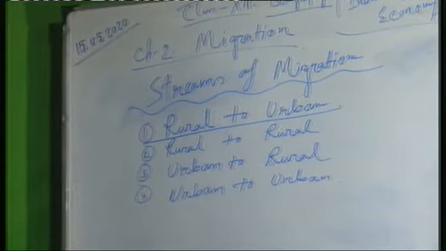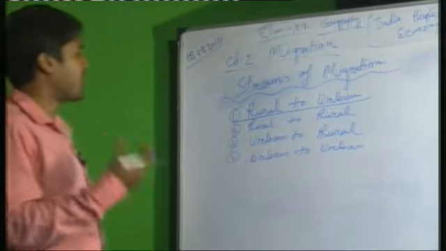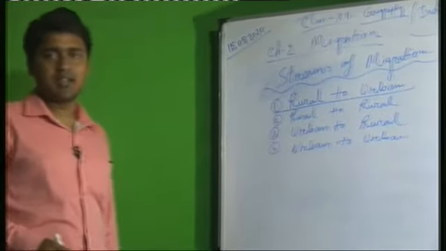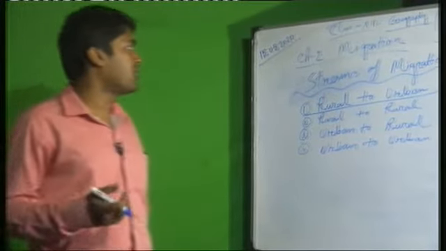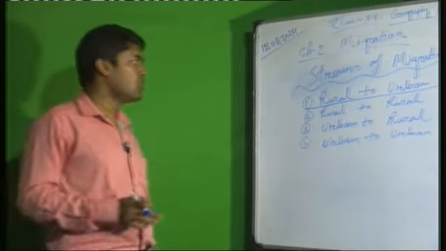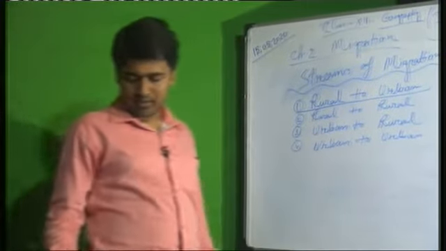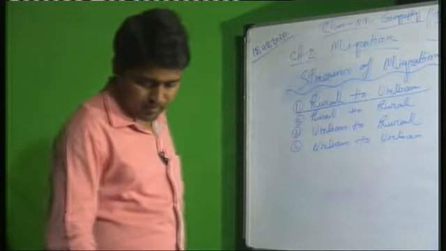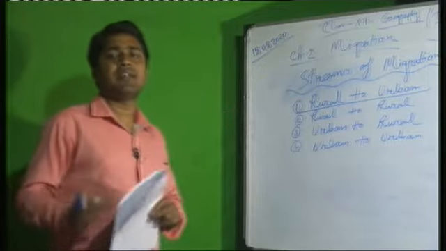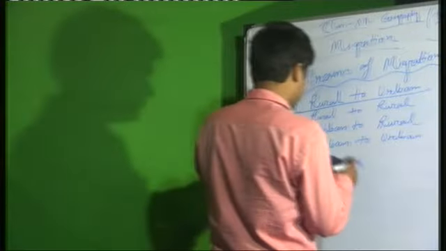So many foreigners you can find in your surrounding areas, like cities or any developed states. There are so many people coming from outside of India. So these are the streams of migration. There are four parts. It is also important. Now the spatial variation of migration. This is another topic.